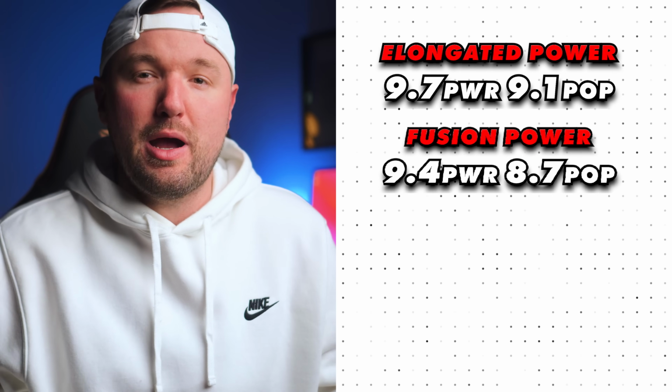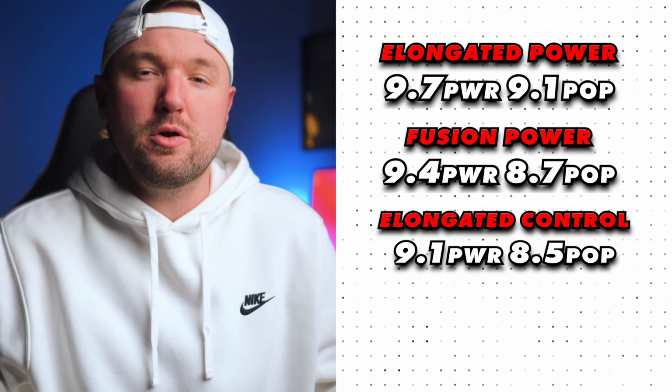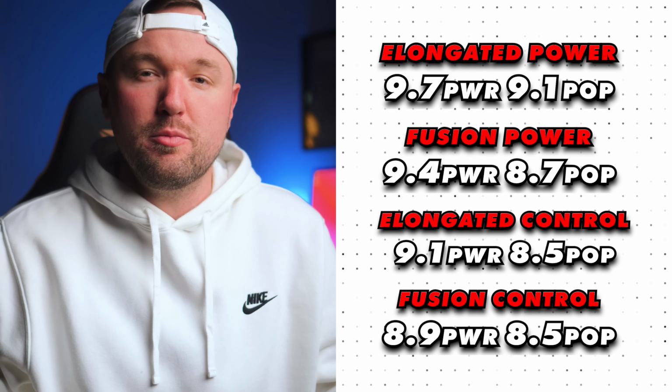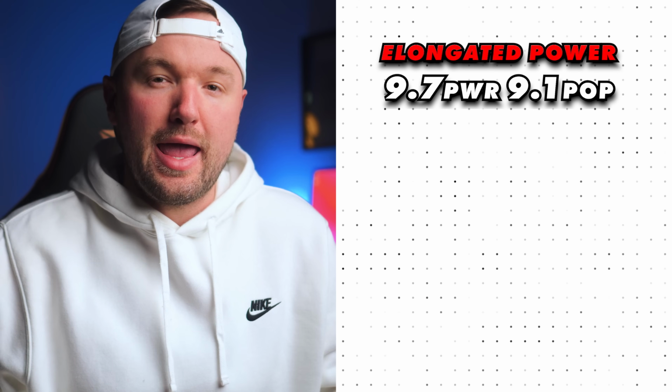I gave the Fusion Power paddle a 9.4 for power and 8.7 for pop, the elongated Control paddle a 9.1 for power and an 8.5 for pop, and the Fusion Control an 8.9 for power and an 8.5 for pop. To compare these numbers, I'll leave the elongated Power paddle on the top of the screen and compare it to